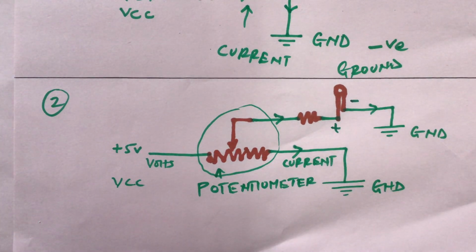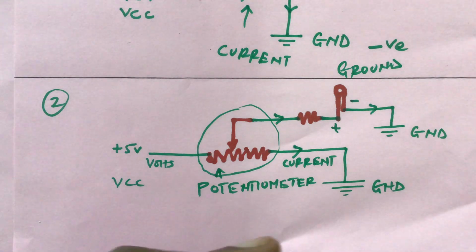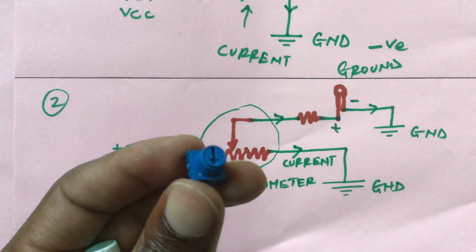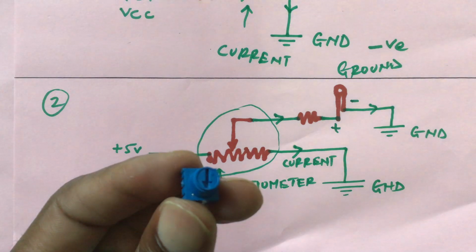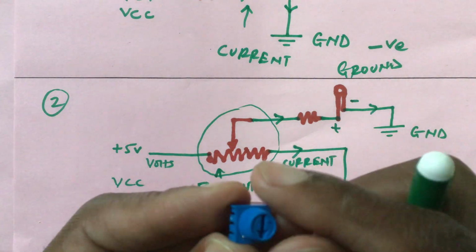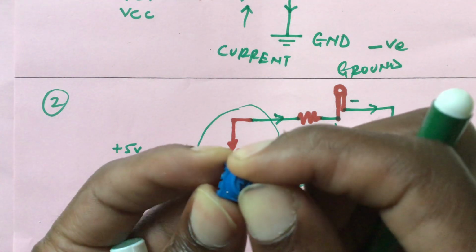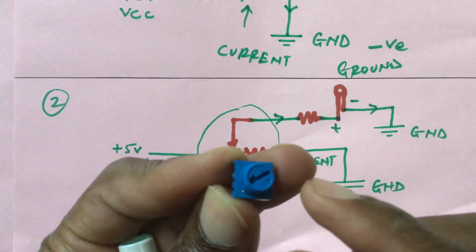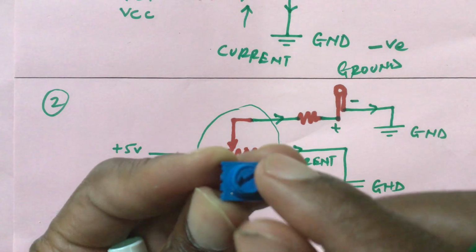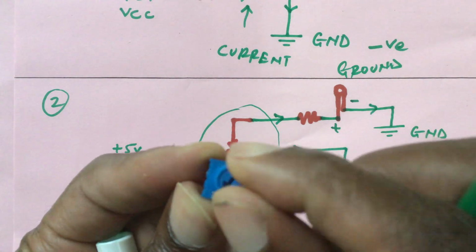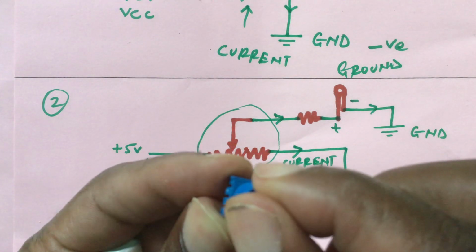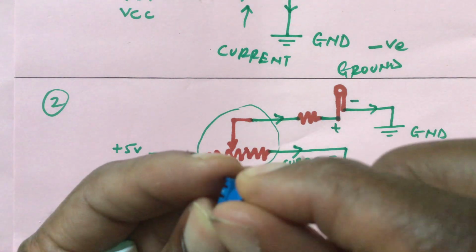So the next bit, we are going to now transfer this circuit to our breadboard and see how it will work. And you remember the way I said we can vary the tap. So by varying the tap with this one, you just turn this one round and round. By turning this one, it's like you're varying the resistance just by turning it round and round. It's just like a knob.